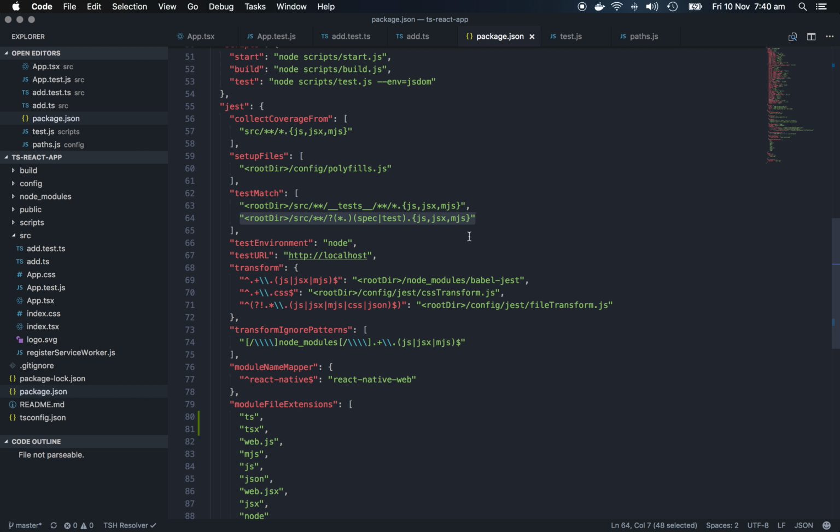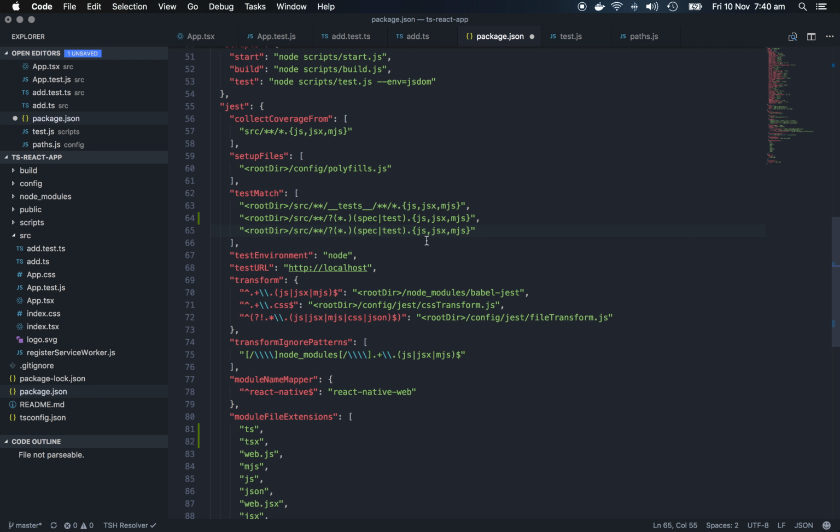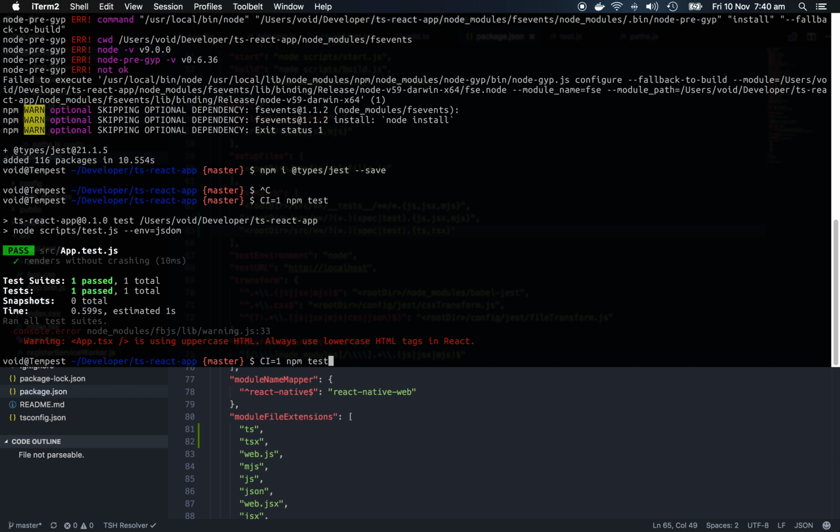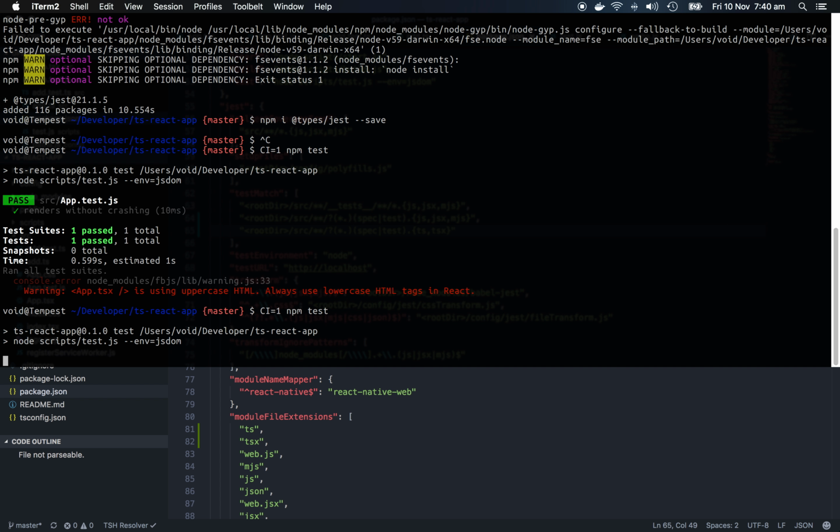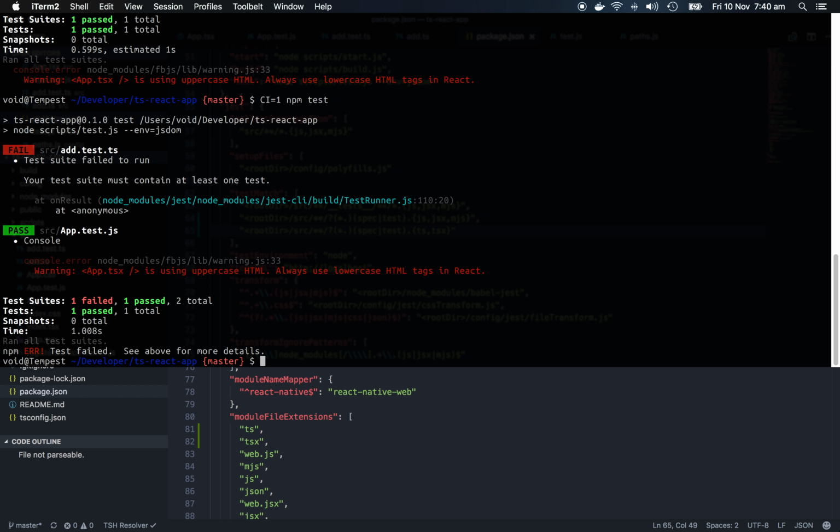I don't really prefer that. I think it's a little bit obnoxious, so I'll just edit this pattern, add TSX, and I don't need the MJS part. And I run it. It should pick it up. Yes, it does. And of course, it doesn't work because